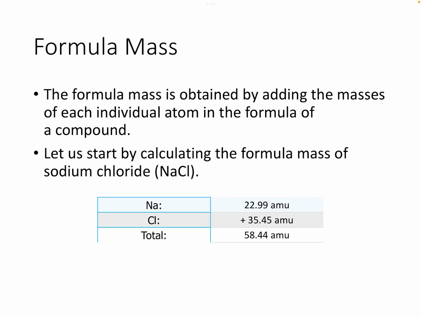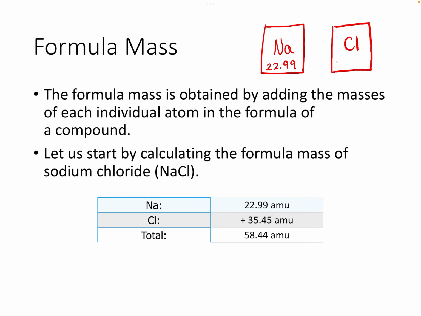So what we'll do is we'll look on the periodic table, and remember, right under the symbol for sodium should be the mass, which is 22.99 atomic mass units. So we'll also do the same thing for chlorine. If we look at chlorine's mass on the periodic table, right under the symbol for chlorine, it should say